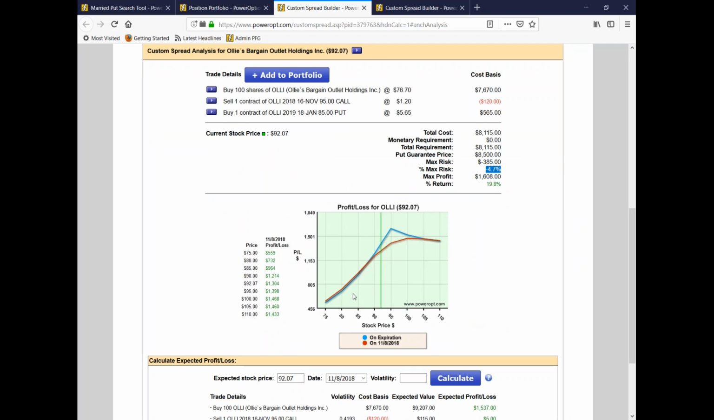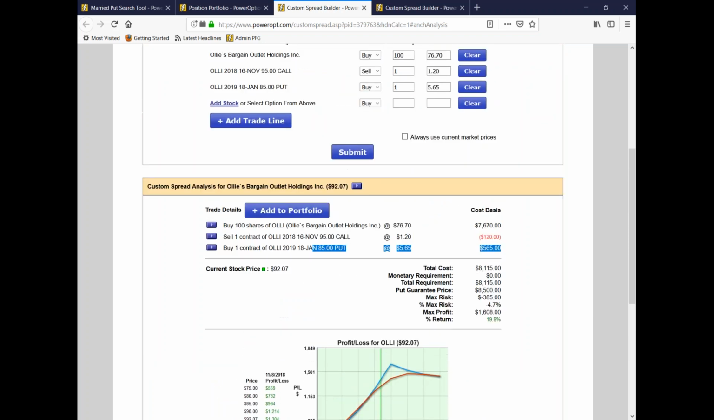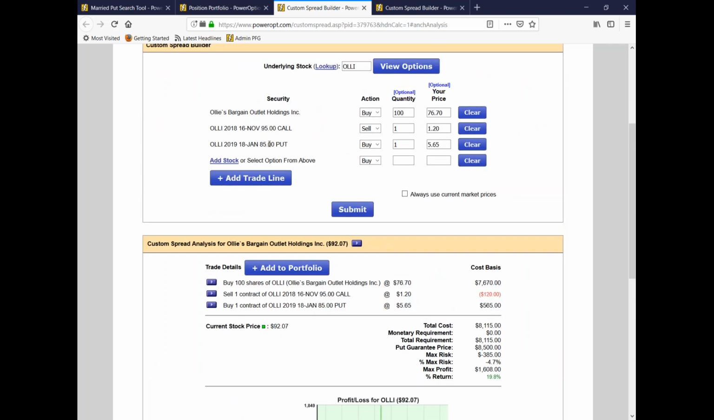Ollie could drop to $50 per share. I'm still guaranteed a profit because of the structure and the cost basis and following the rules in the blueprint. I could adjust the put right now. This 85 put, deeper out of the money and shorter term, because it was done at a different time, I